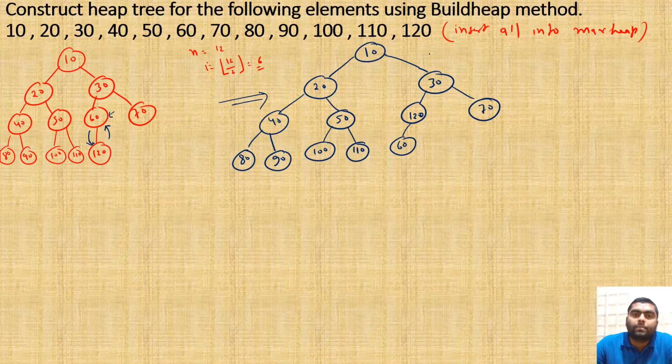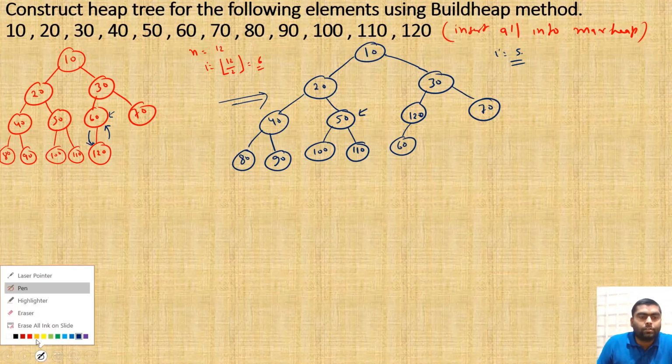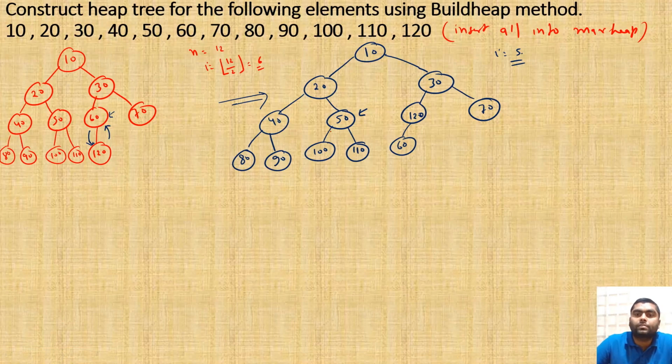Okay, now after this, down to i means i minus minus. So now i is 5, so for our fifth element, this particular element. For this element we will use the heapify algorithm. So what will be the result? Whichever is the maximum among these will be replaced here. So 110 will come here like this. So after this, what tree do we get?